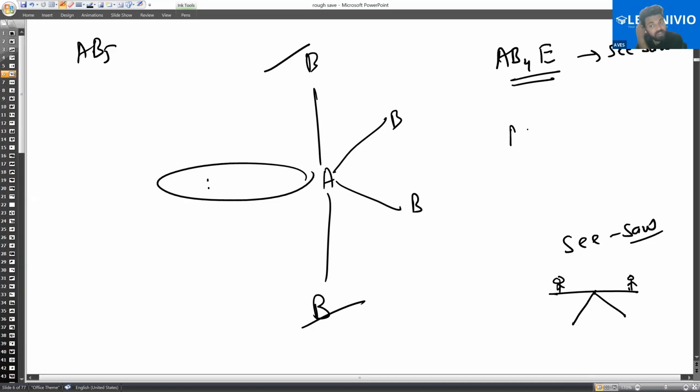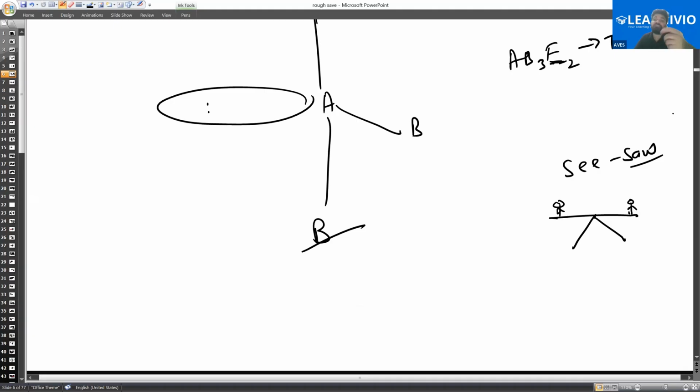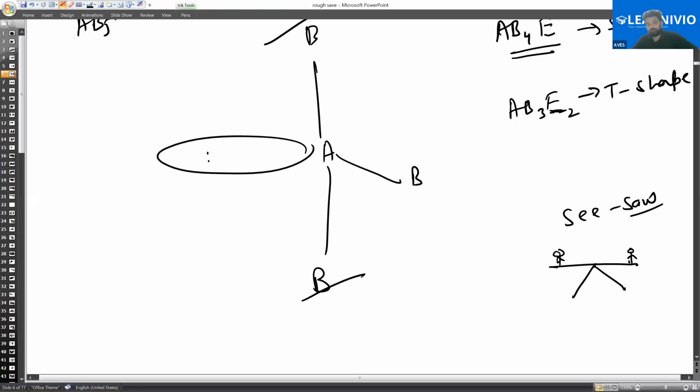AB4E। अगर मैं AB3 कर देता हूँ और E2 कर देता हूँ, यानी एक और, तो फिर इसमें से एक और हटा दो आप। ओके, तो ये शेप होती है T शेप। अब आप बोलोगे सर ये T कैसे बनी? This is AB2E2, this is T shape. And how, sir, how it is T shape? तो ये T शेप मैं बताता हूँ, ये वाला B और ये वाला B एकदम वर्टिकल है।